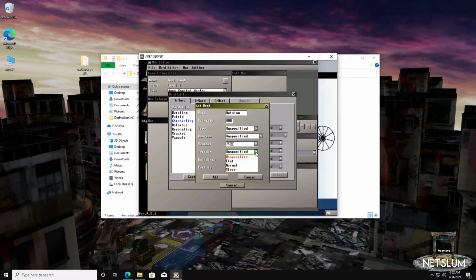Terrain is very simple. Do you want a very flat one? You want one with some elevation changes, or you want it to be very steep? Unspecified, we'll let the server figure that out on its own. Building, do you want a lot of them? Do you want the average amount, or do you want many of them? It's very simple. The buildings are things like